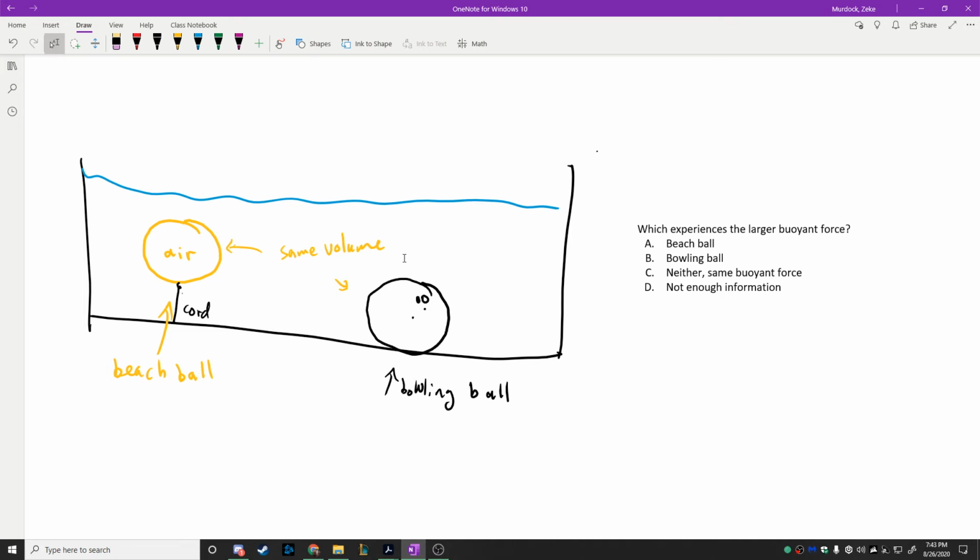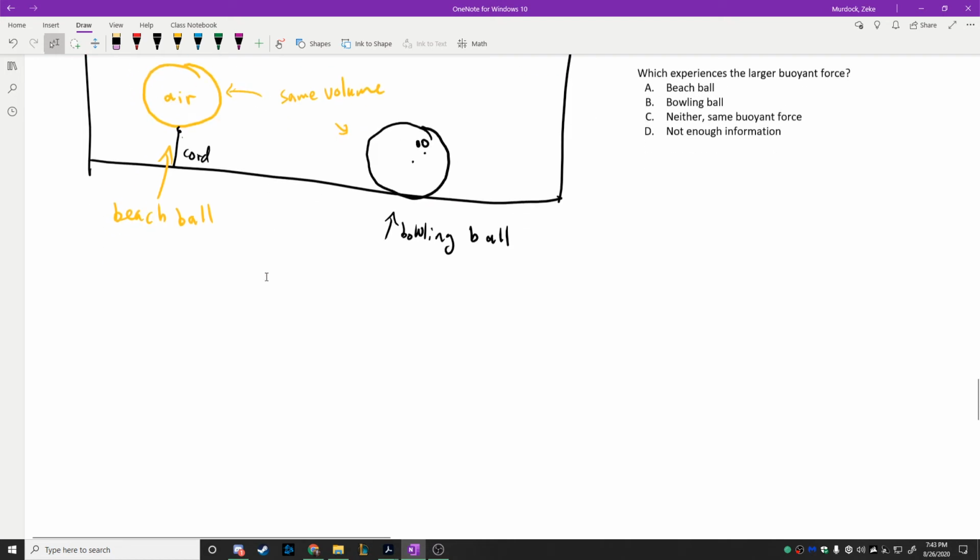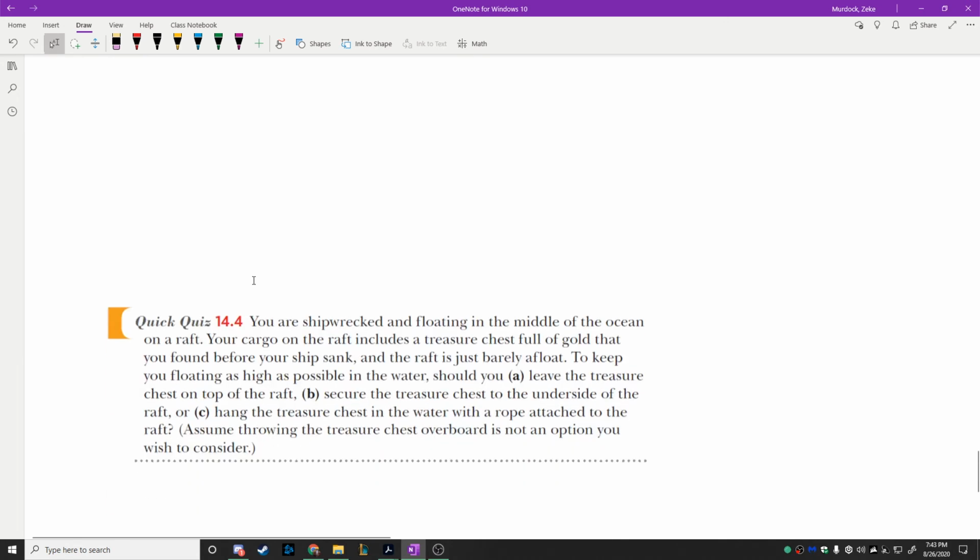I'm sorry if these questions seem silly. I just feel like this is one of the kind of questions I have to ask to help you guys understand. Why do you need the cord to hold it in? Because it's way lighter. Exactly. It's filled with air. It weighs almost nothing. Exactly. Its density is lighter. Good job. Okay, so I got another problem I want you guys to try